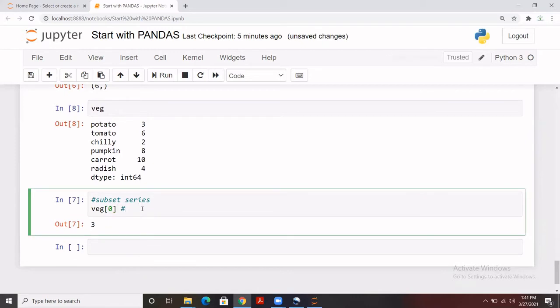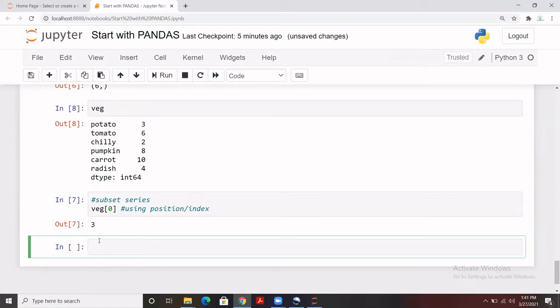Now, I want to extract based on the label, the name of the index that we have in that series. So for the name of the index, let's say chili, pumpkin, carrot, radish, you can extract from any name like this.